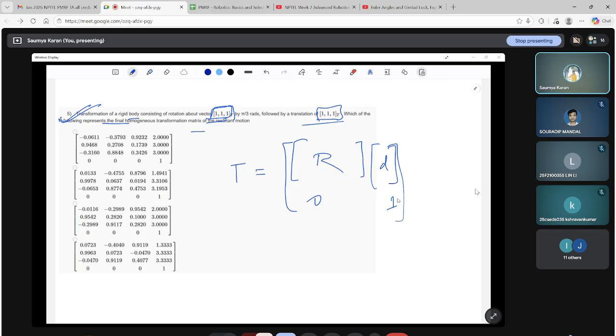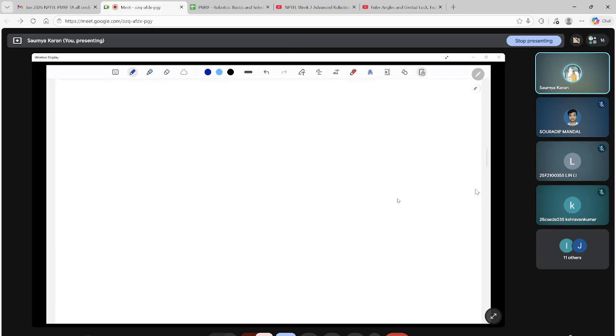Okay, so I would request one thing from all of you. I'm not going to solve this question because that would not help you learn this concept. So I would suggest that you take a photo of this question and come up with the answer in the next class, or if we have some time at the end today, then also. Basically, in each option, this corresponds to the rotation matrix, this corresponds to the translation, and this is just zeros and ones. So we just have to find both of these and nothing else. That's it. And then we'll see.